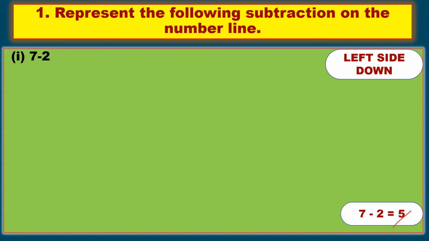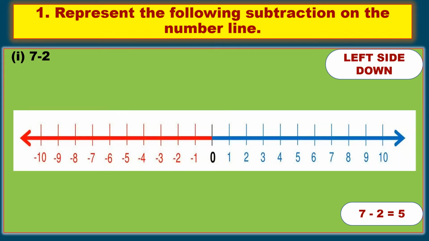Okay, now we'll draw a number line. First, whatever number is there, that should be indicated from 0 always. So from 0 to here it is plus 7. Plus 7 means the positive side, so plus means positive side and right side. So 0 to 7 on top, that is 7 steps. Next is minus.